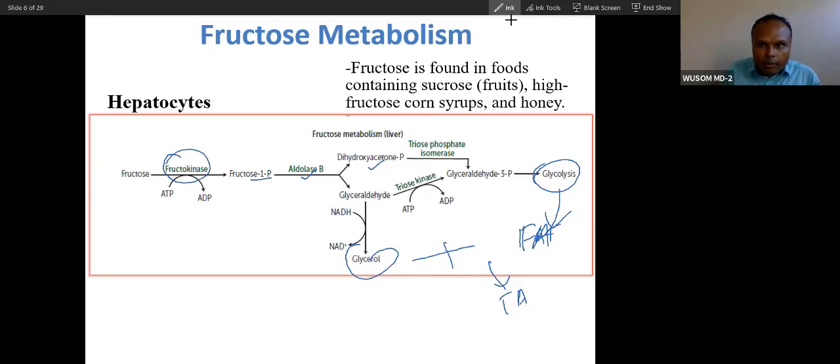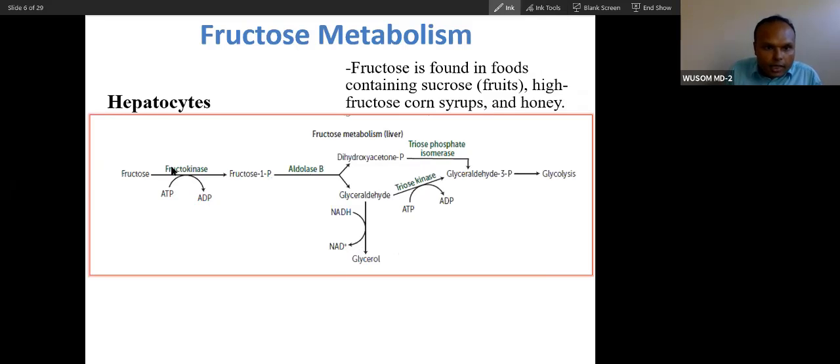Remember these two enzymes, because deficiency of one causes a benign disorder, while deficiency of aldolase B is associated with very severe, debilitating disorders. The children will have problems: hepatomegaly, jaundice. Children will come with a problem from this enzyme deficiency. But if the other one is deficient, there will not be much problem. So aldolase B deficiency is very important.